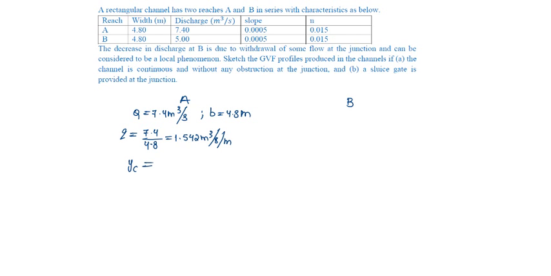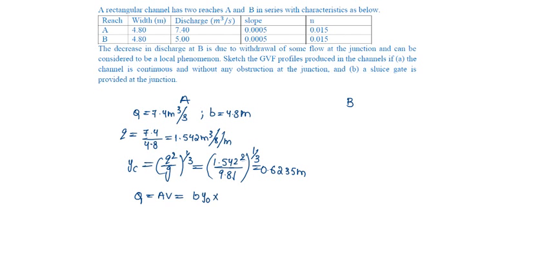Let us find yc, that is the critical depth, q square by g whole power 1 by 3 in a rectangular channel, that is equal to 1.542 square by g, which is 9.81, whole power 1 by 3, which will be equal to 0.6235 meters. Capital Q is area into velocity, which is given as area is b into y naught into velocity